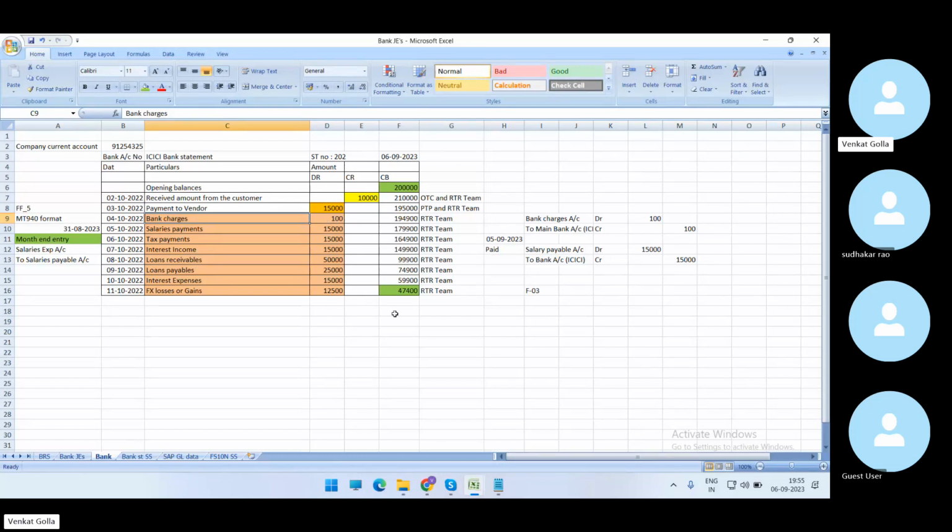Then we need to arrive at the closing balances as per the bank statement with our SAP balances. Suppose you miss accounting this transaction, our closing balances will not match. Then at the time of reconciliation, you will get the differences. Then the auditor will come and check and raise a query, and then our financial statements are not being given correctly. As per the balance sheet, if you go and check the bank statement,